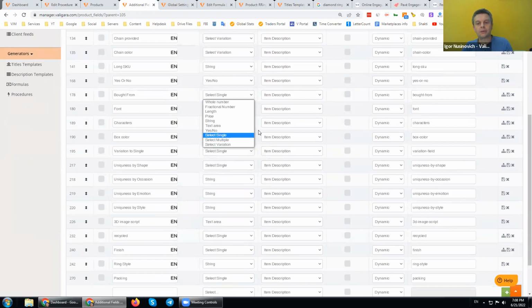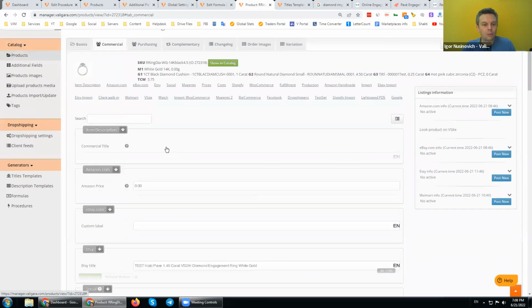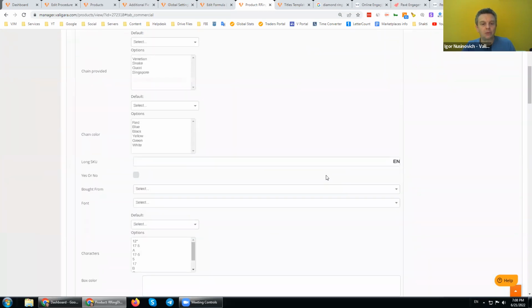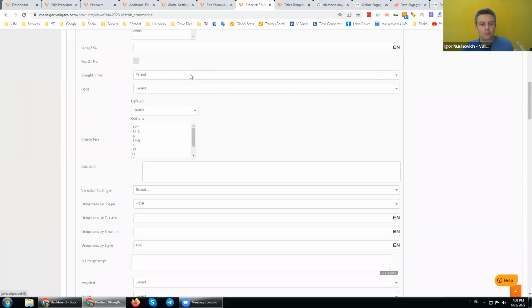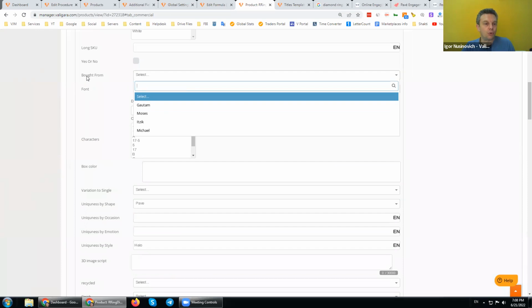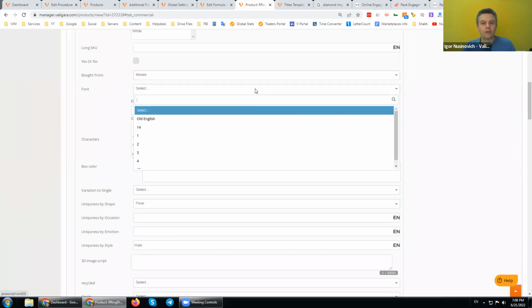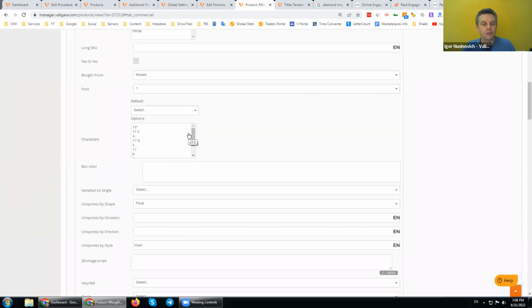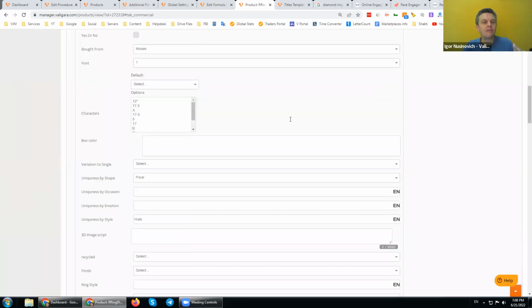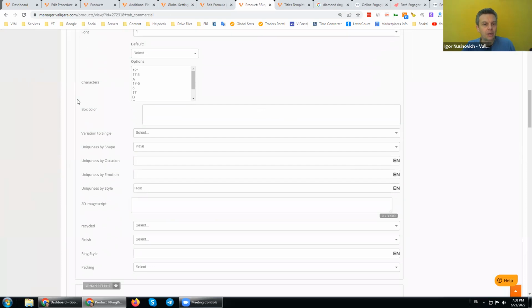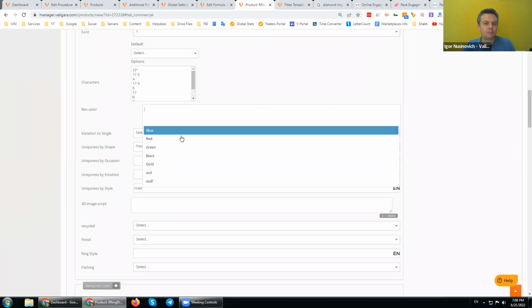Why is this important? With select single, when we see it in the product, we are able to select only one, like this. The item was bought from Moses. Or the font is this. This is select one. If we have a select multiple at our product level, we can select multiple values.